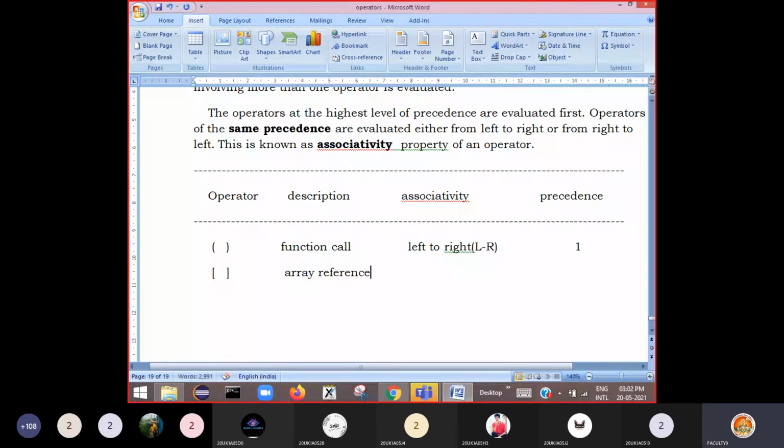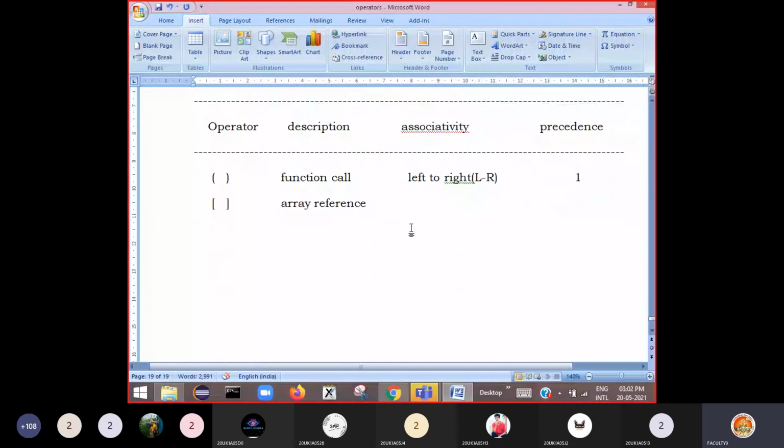All these come under precedence 1, until I show precedence 2.